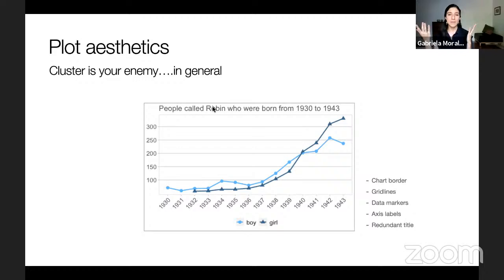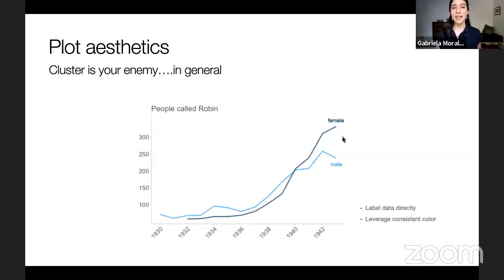So in this case, we wanted to show the differences between Robin boys and Robin girls, which is some other feature that this data set has. So you can do this instead of having a legend, you can actually label the categories, which makes it so much more intuitive. You got rid of the markers because you already have color here to mark which one is which of the two categories. And what else? Here we got rid of the grid lines, which is very contended.